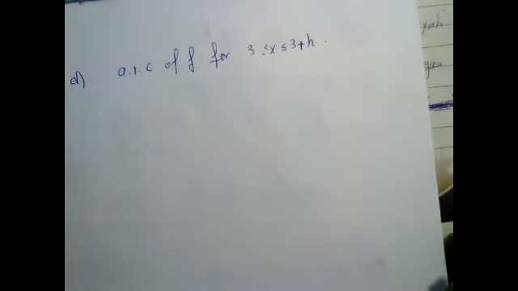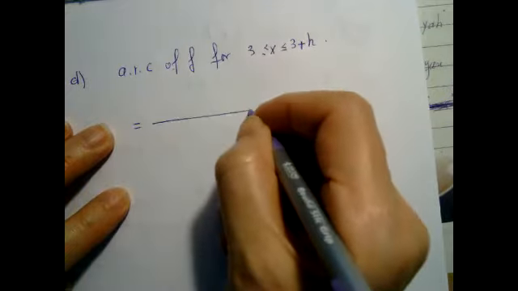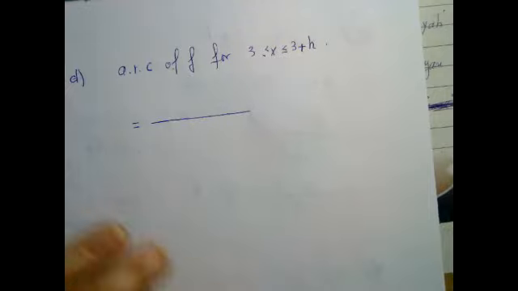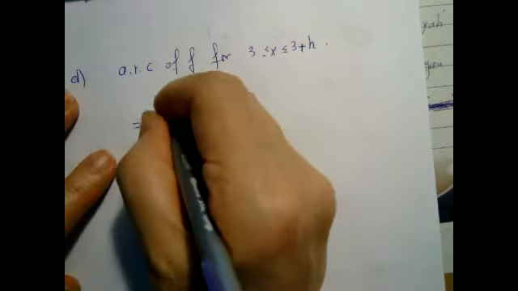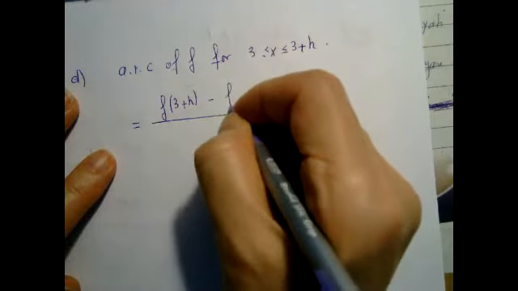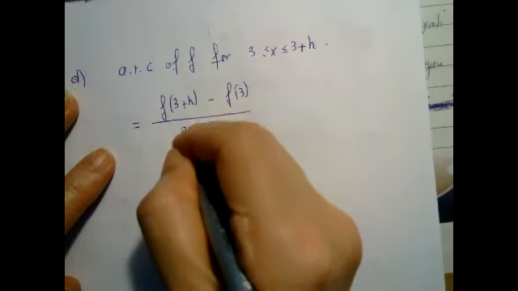Okay, right? So don't be afraid of h. It's the output at 3 plus h minus the output at 3, divided by 3 plus h